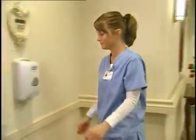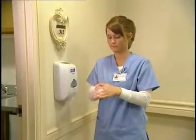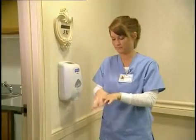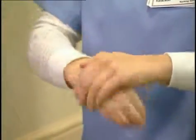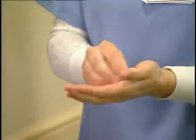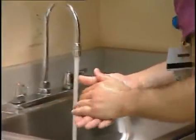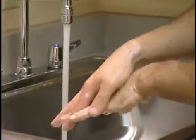The Centers for Disease Control and Prevention guideline for hand hygiene in healthcare settings cites several studies that show healthcare-associated infections decrease when healthcare workers adhere to recommended hand hygiene measures. The CDC guideline clearly defines when and how healthcare workers and staff should practice hand hygiene and provides strategies to